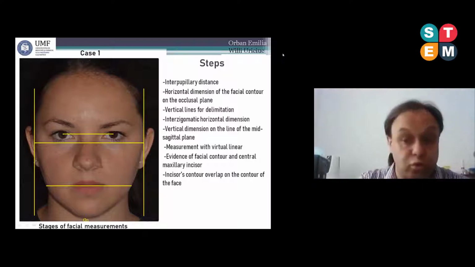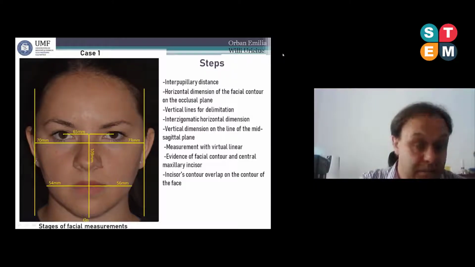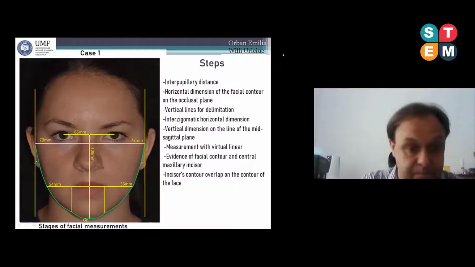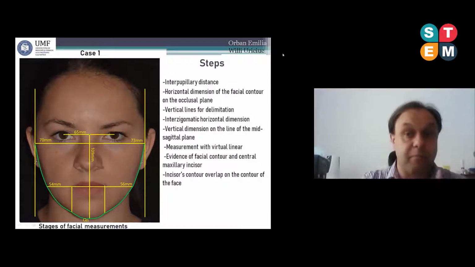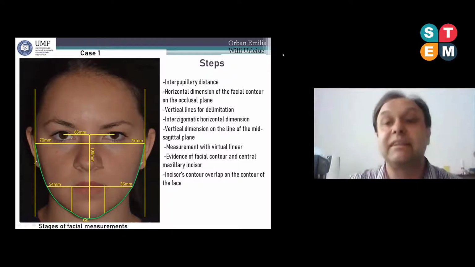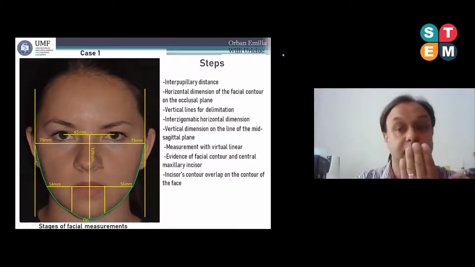Evidence of the facial contour and the central maxillary incisor, and the incisor contour overlap on the contour of the face. We can make the measurements of all the wrapper on the face. We can do the contour of the face. The important thing is that the contour of the face is not the contour of the cranium. See it from the